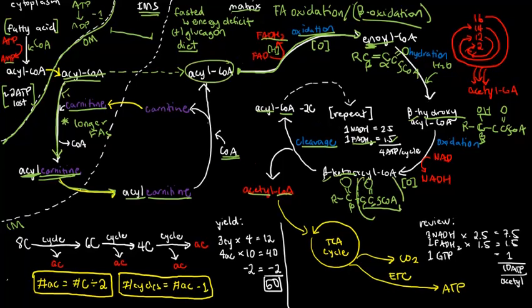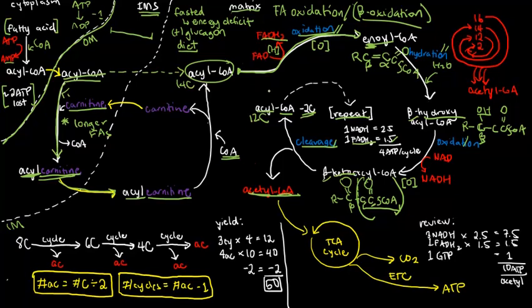But since we remove two carbons as acetyl-CoA, we do have to keep track of the math that arriving at this point will give us two carbons less than the original. It's as if, for example, we start with 14 carbons right here, after going through this, and this, you will have the same acyl-CoA, but this time only 12 carbons. And it could repeat by the next cycle, which would repeat these four steps again, and then from those 12 carbons, we will arrive at 10. And then it will arrive at 8, and then basically it's just minus 2, minus 2, minus 2, minus 2, until you can subtract no more.